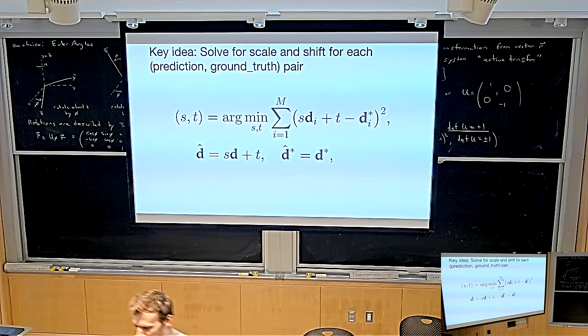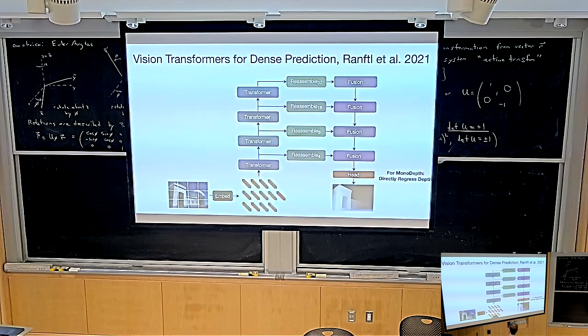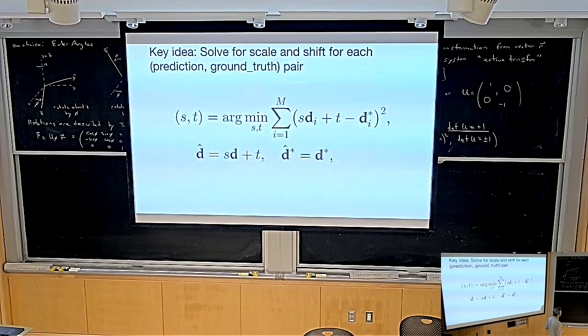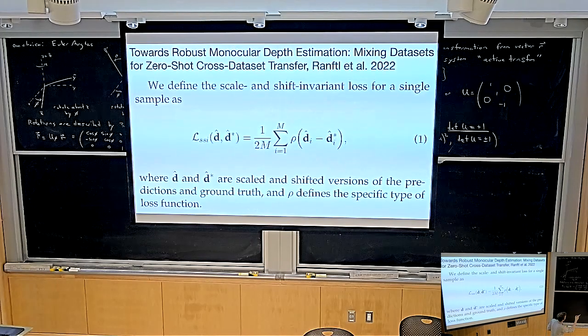And we're going to talk about an implication of this, which maybe you have already skipped forward to, but it's actually kind of important to appreciate. Okay, so this is a paper from 2021, Vision Transformers for Dense Prediction. Okay, I must have a mistake. I think this paper can't be from 2022.